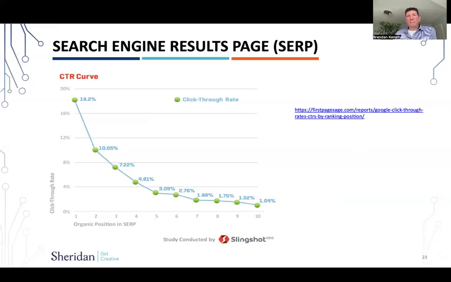So most people, especially now, Google is so good at understanding what you're looking for and matching you with the right result that a lot of times you're just trusting it and clicking on the first couple of things. But as a marketer, it's important to understand this, because now we've got to make sure we're showing up in those first few slots. And you can imagine, with 1.5 billion websites, this is a bit of a challenge.